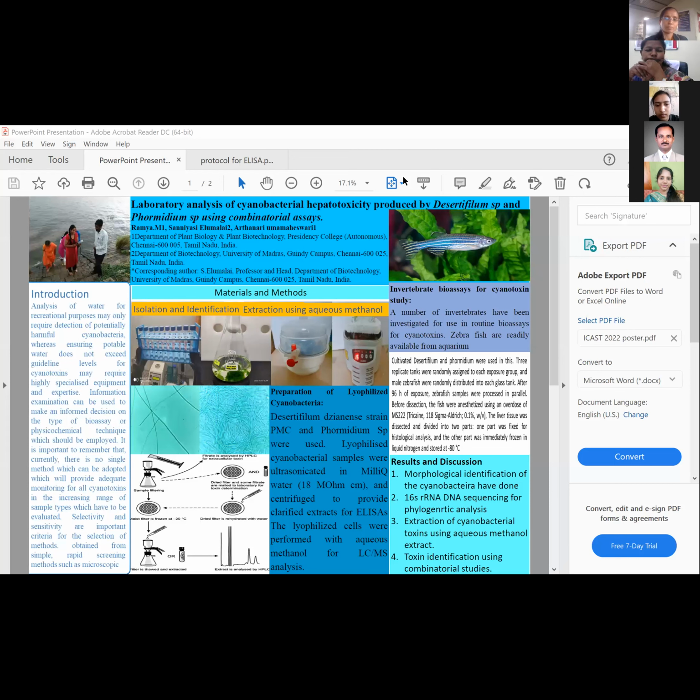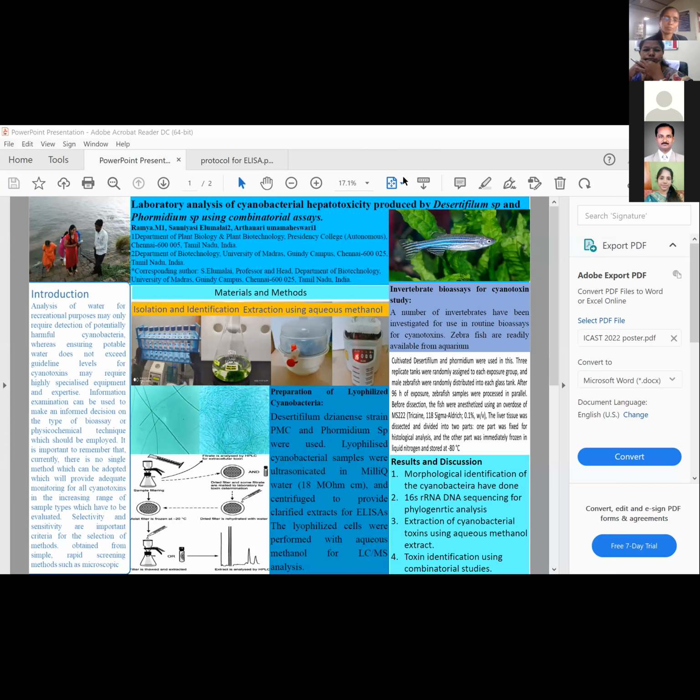The reason I have chosen this lake is that whenever metropolitan cities like Chennai face drought, we receive water from the Viranam lake. So we wanted to analyze the heavy metals as well as the cyanobacterial growth and the fish mortality. For that, this lake itself is 18 kilometers